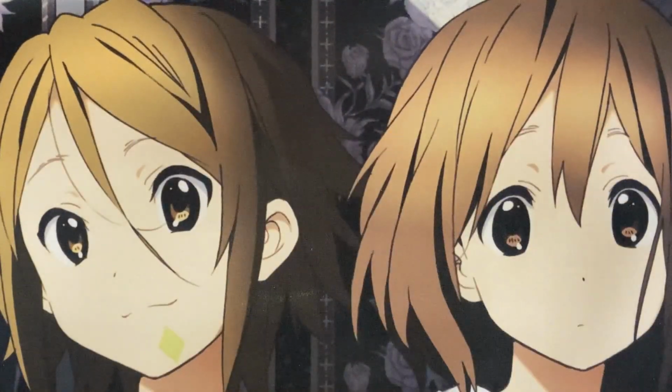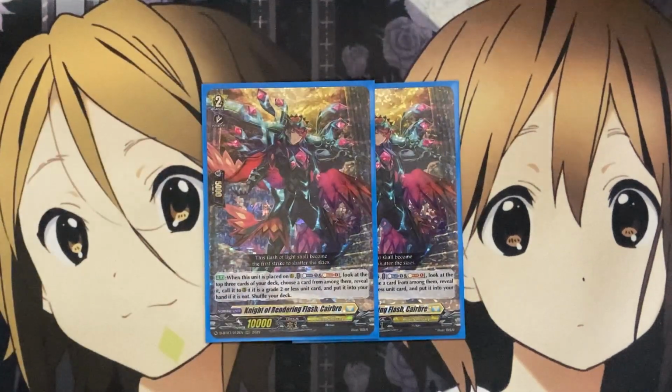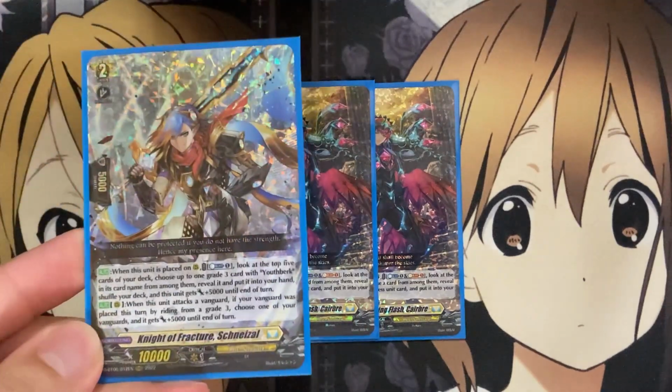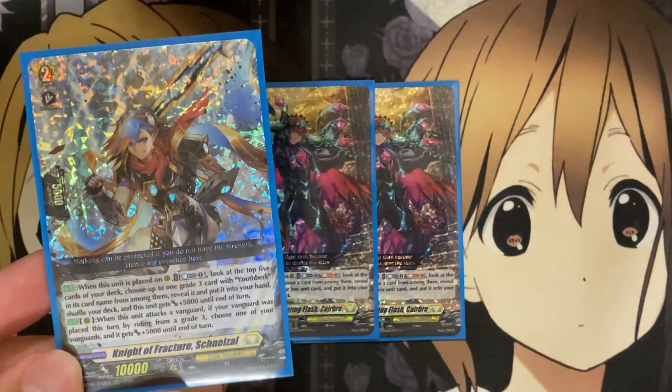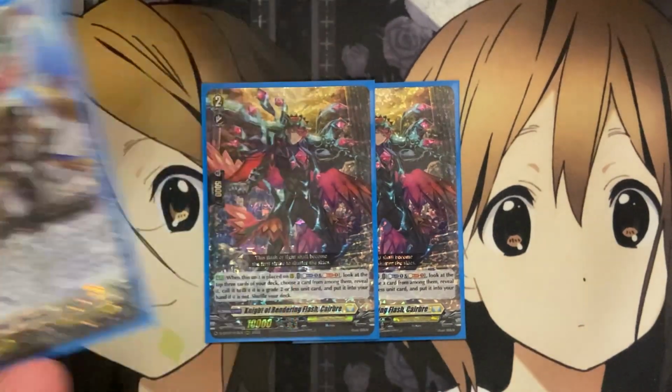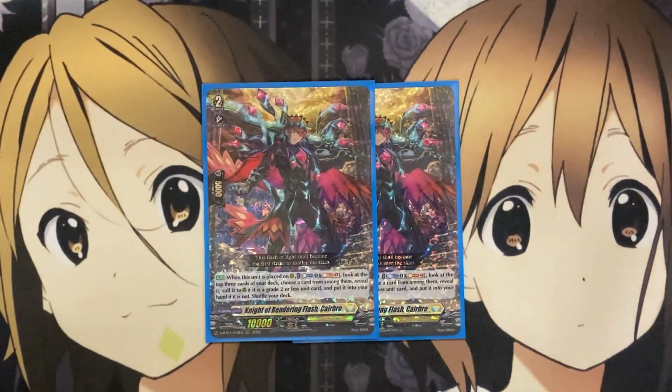I'm also running 2 copies of the new Knight of Rendering Flash Cabrera. When it's placed on rear, you can counter +1, soul +1, look at the top 3 cards of your deck and choose a card from among them, reveal it, call it to rear if it's a grade 2 or less card, and put it into your hand if it is not, and then shuffle your deck. More search power with this card. If you wanted to run the ratio, I'm pretty happy with the results of Schneisel and Cabrera, just giving you an option with Schneisel to look for a Youthberk card, and then also giving you a rearguard call thanks to